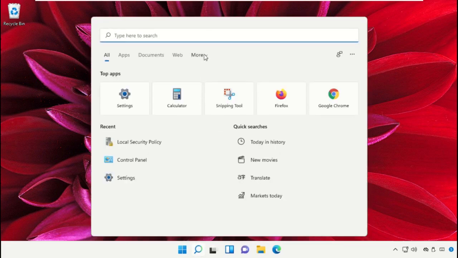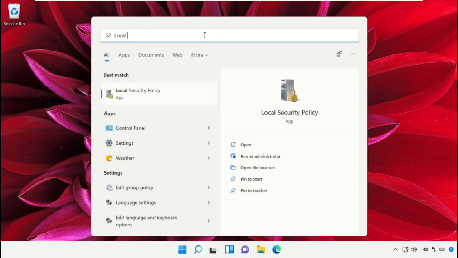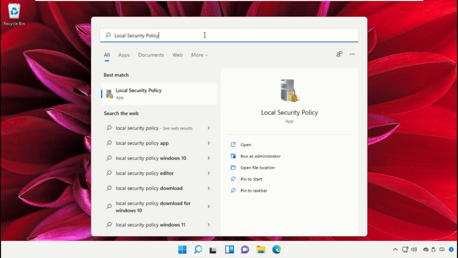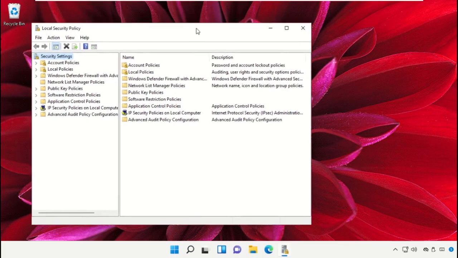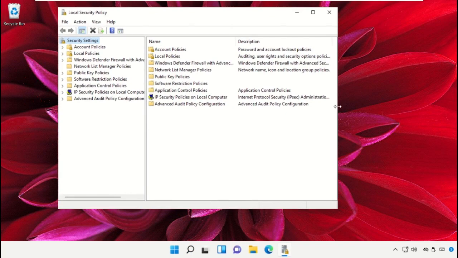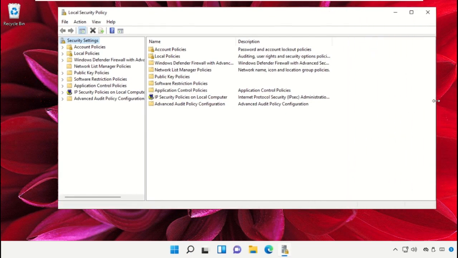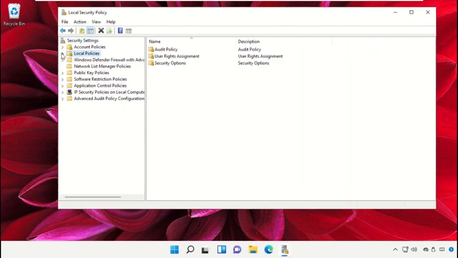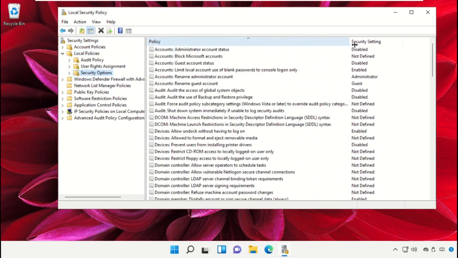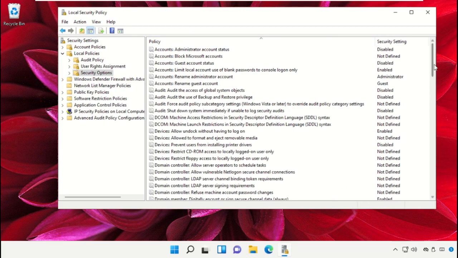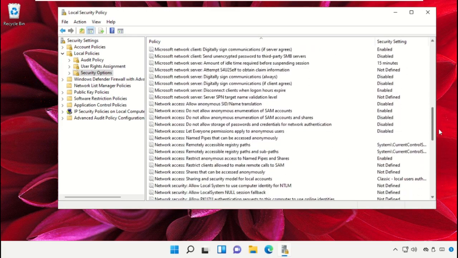Click on search bar, then type here local security policy and click here to open it. On this window, select local policies, expand it, then select security options. On the right side, just scroll down,